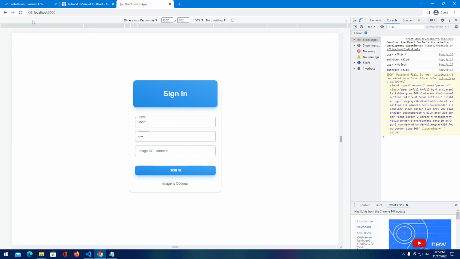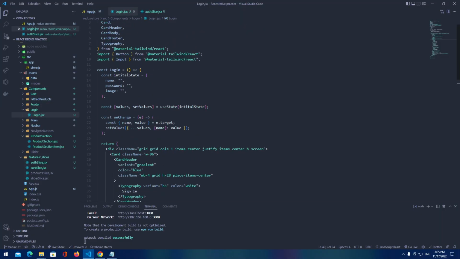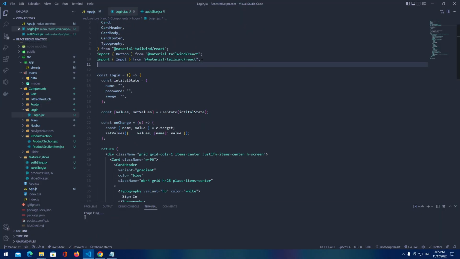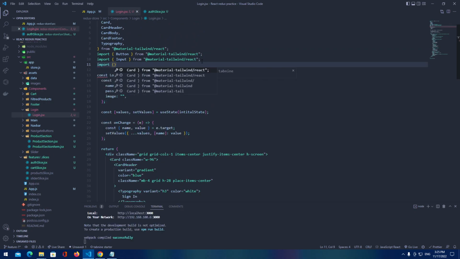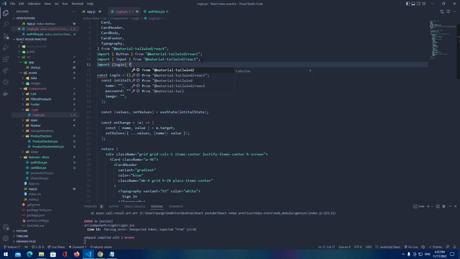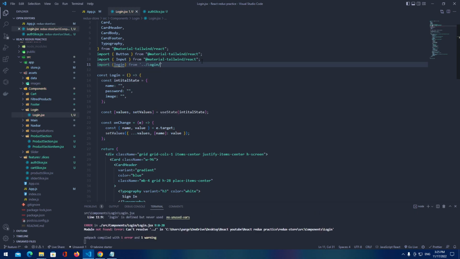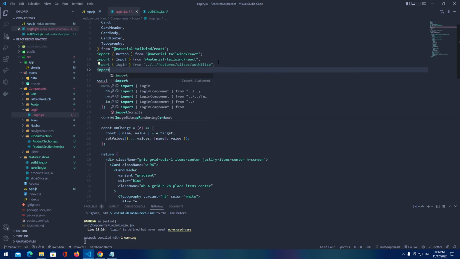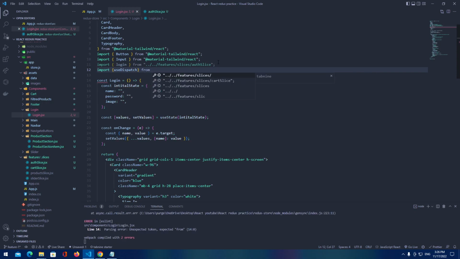Nothing is happening. Is everything alright? Oh, yeah, my bad. Of course, nothing is happening because we didn't provide this dispatch here and an action. So let's import that action, login, from our feature slices. And let's go to the feature slices, authSlice, and